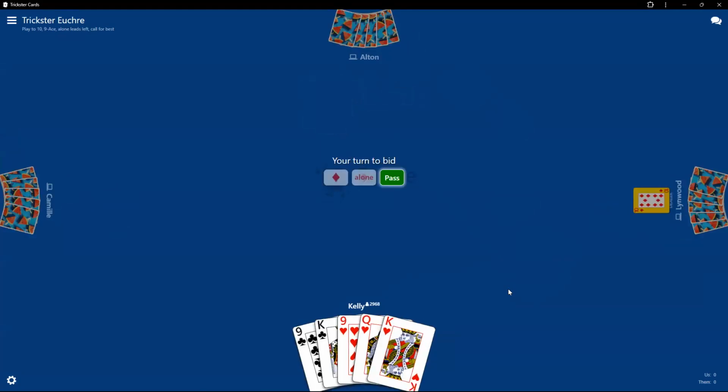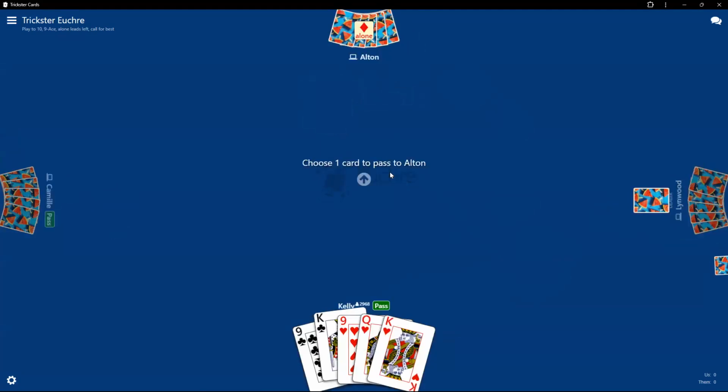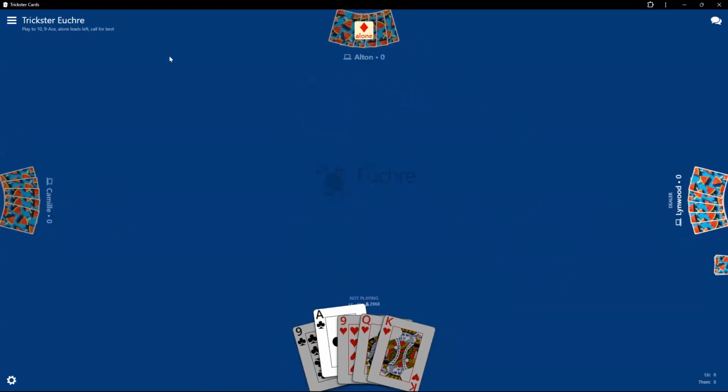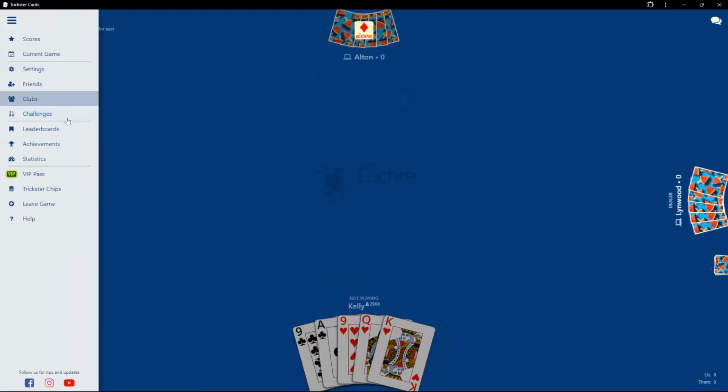So this is the last hand I'm going to play in this. Definitely going to be passing on that. We got to win this game. Okay, my partner went alone. It happened so fast. Sorry, partner, I don't even have Trump to give you. I just want to quickly look at the statistics.